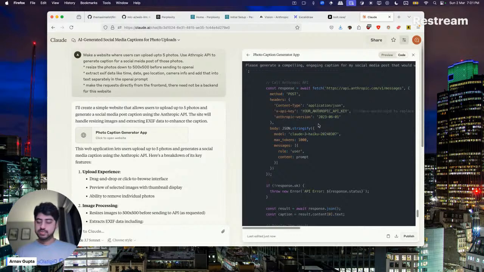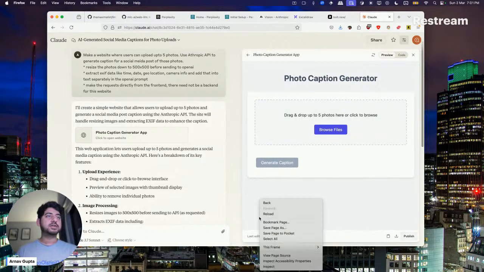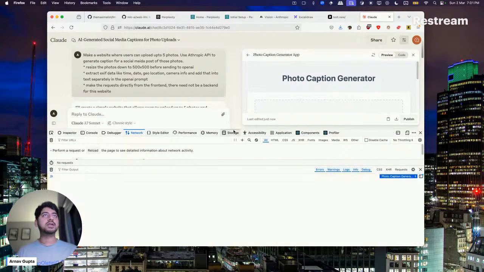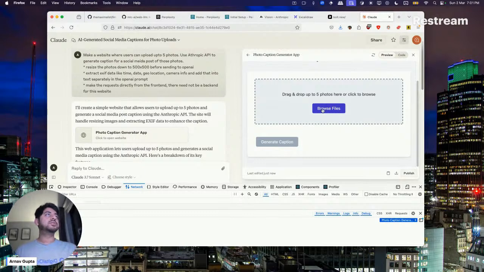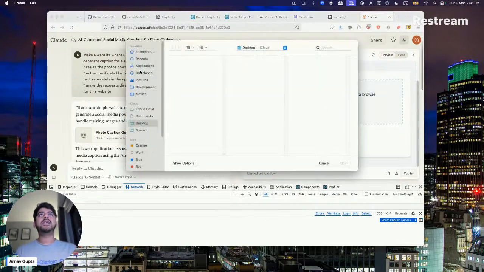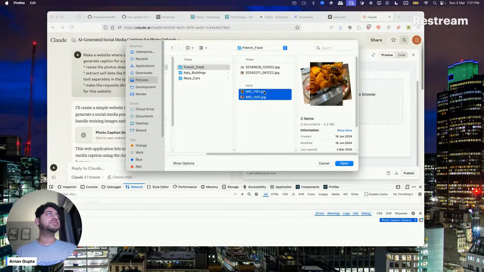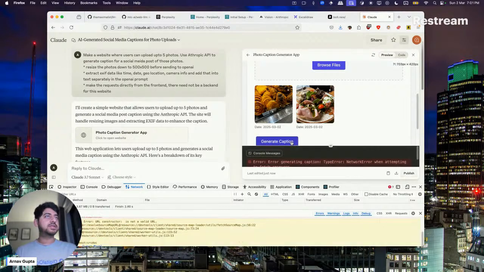Yeah, so let me actually see whether it even works in the first place. Let me see a network request, whether it will make a correct network request or not. Then I will add the key there and we'll see where it goes. So I put some files here recently just to try this thing out. So photos, maybe some photos about French food. Okay, generate caption. Does it?